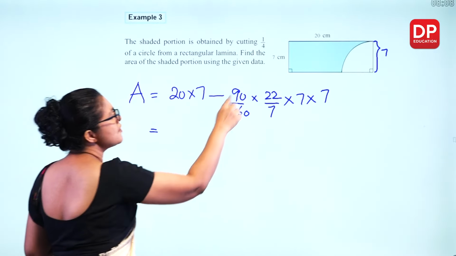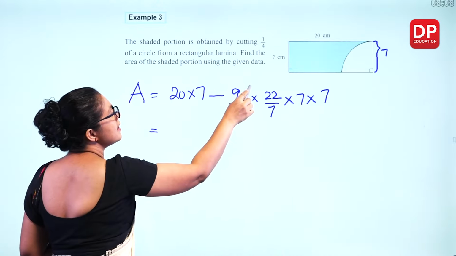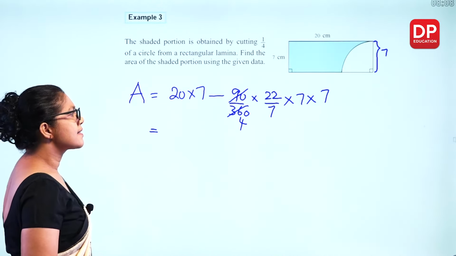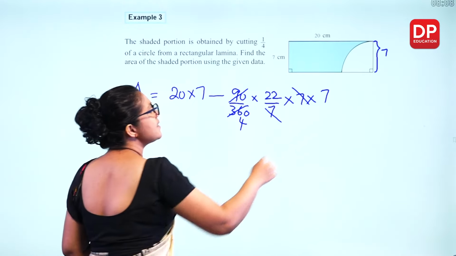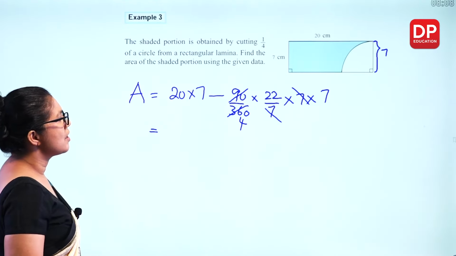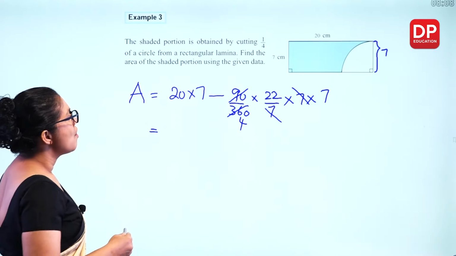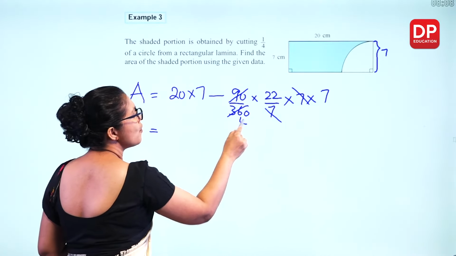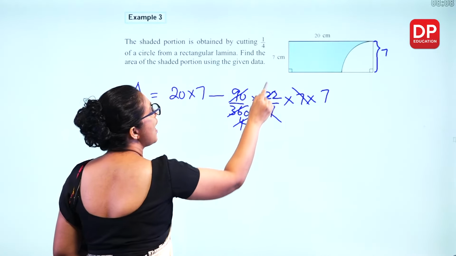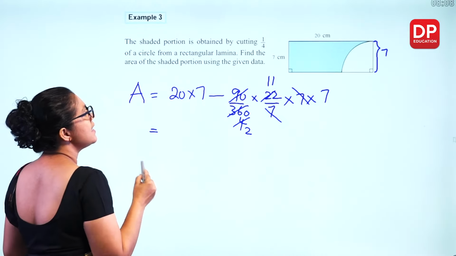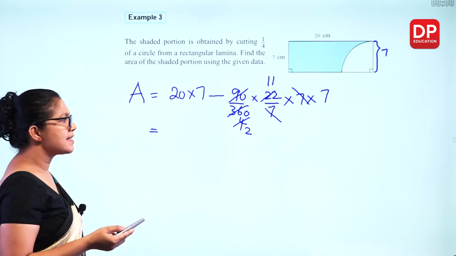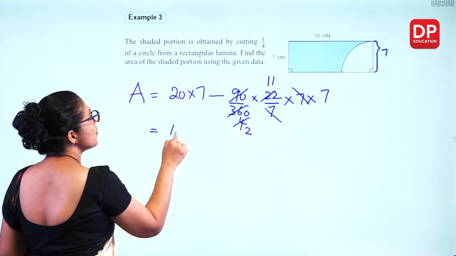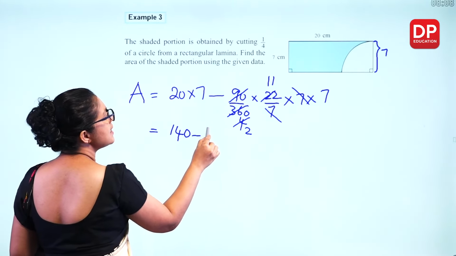Now first we simplify this part. 90 times 4 is 360. This 7 and this 7 get cancelled out. So you get 4 times, again 22 and 4 divide by 2, 2 and 11. So you get 11 times 7, 77 divided by 2. So what is 20 times 7? You get 140 minus